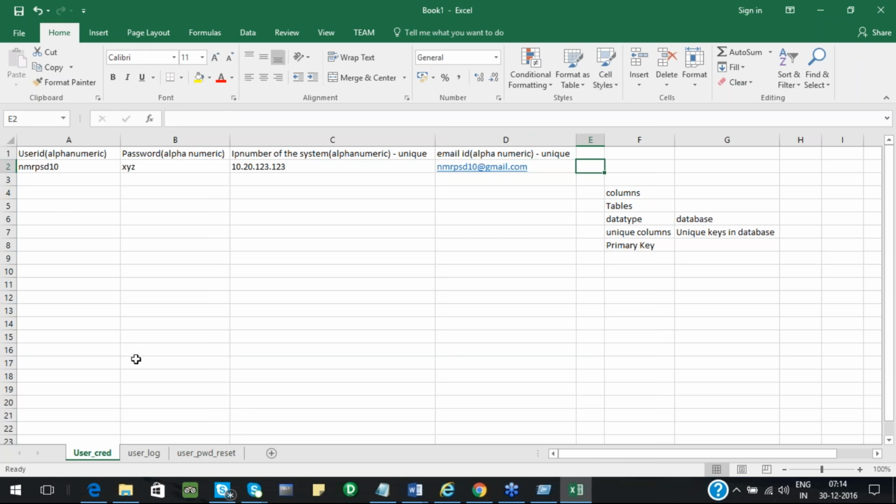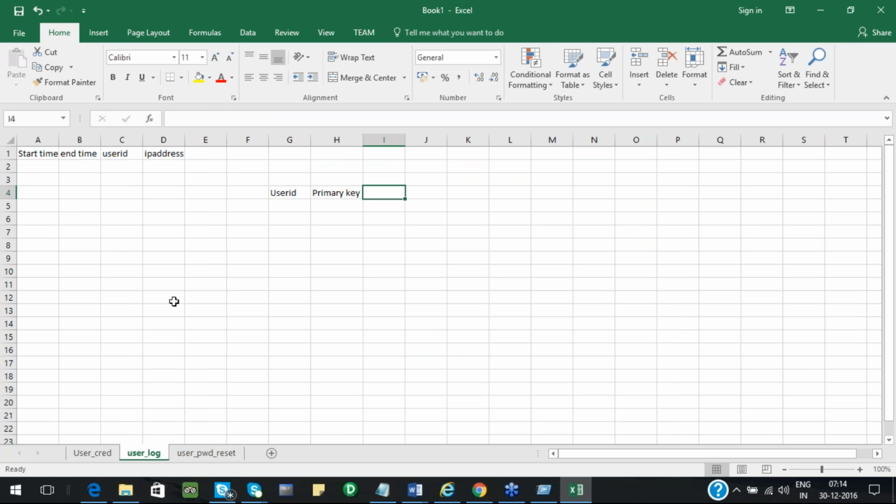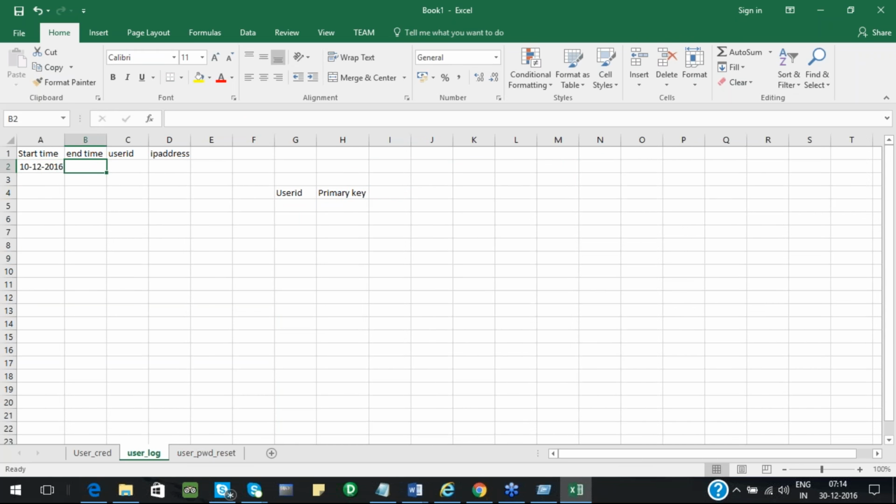I gave this information. Now if I want to see whether I have logged in or not, where is the information stored? In this table, right? So I'll give the information for this: 10/12/2016, start time 12:34 p.m., end time 10/12/2016, 02:22 p.m., user ID NMR PSD10, IP address 10.240 or something. I just gave that.